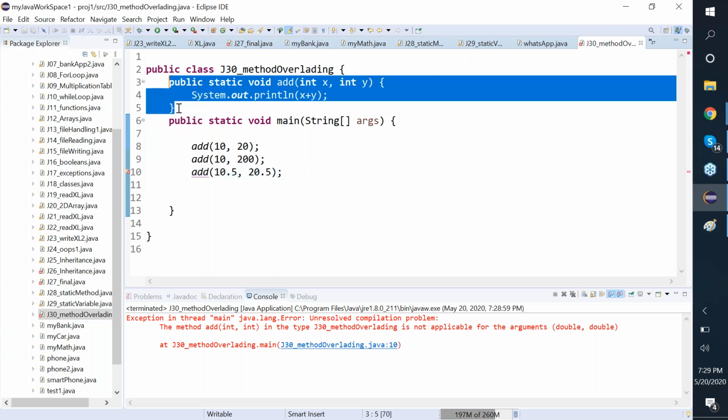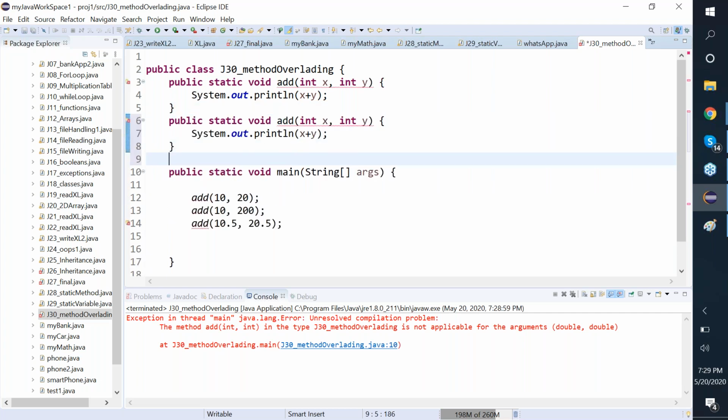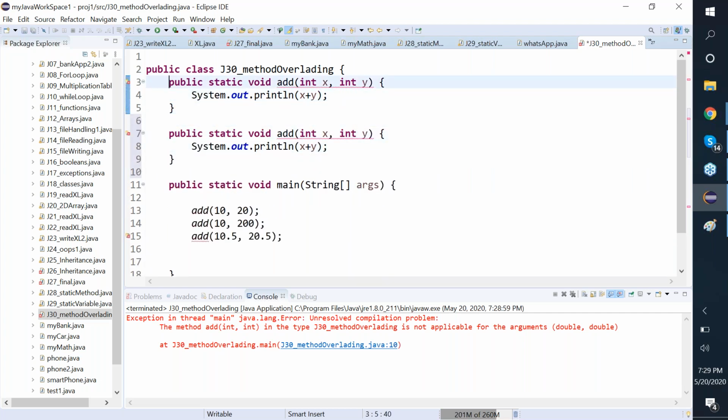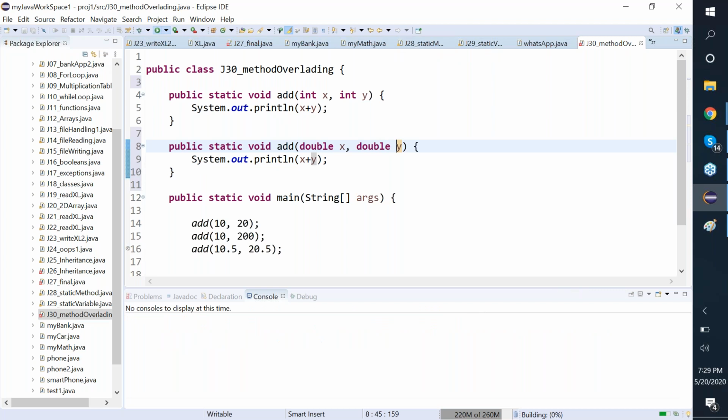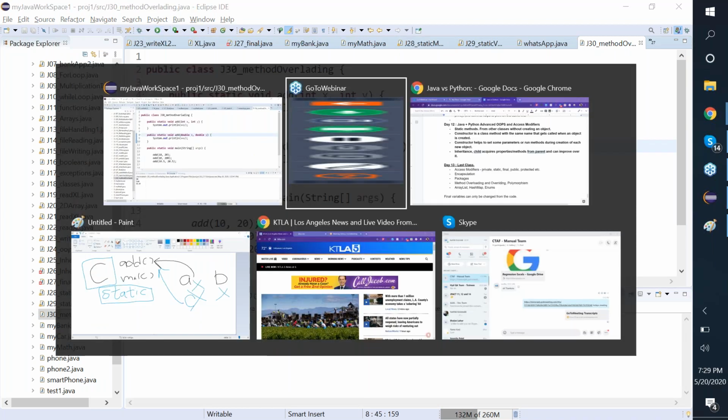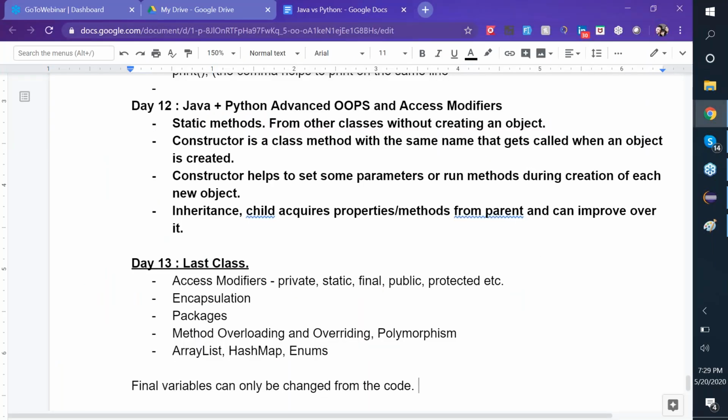I would copy this method and put it here. This is my main, this is my add, and the only thing that I'll change are the type names here. This is double and this is double. Now let's see, that error has also disappeared. So what method overloading does is: same name method, different